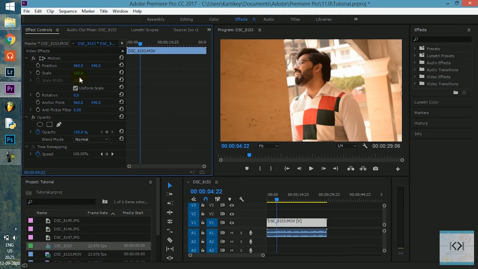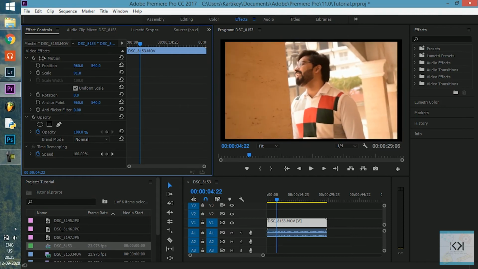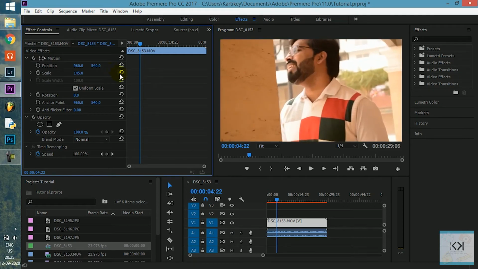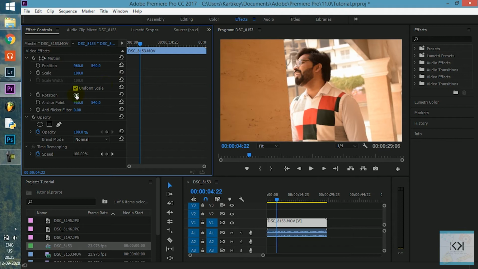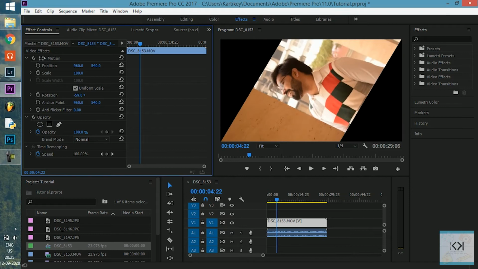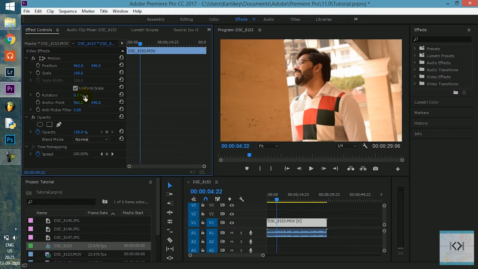Next is the scale. Scale is basically zoom in and zoom out in layman's words. So you will be zooming in and zooming out of your video or photo or text or whatever, based on your liking. Rotation is again self-explanatory. The video will start rotating, and you can set whatever rotation you want, but for the sake of this tutorial we will not be touching this value. This is opacity and this is time remapping. These are the two parameters that we might need to use in order to make the basic video that we are working on right now.